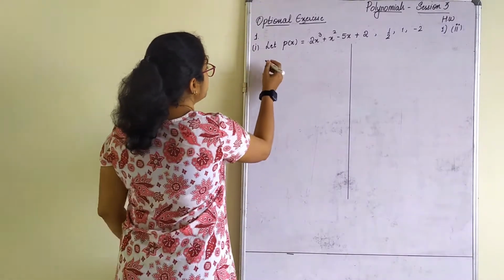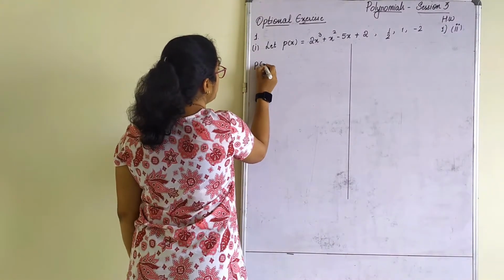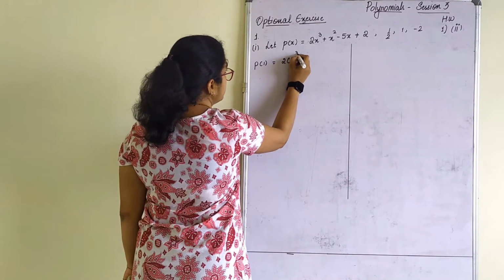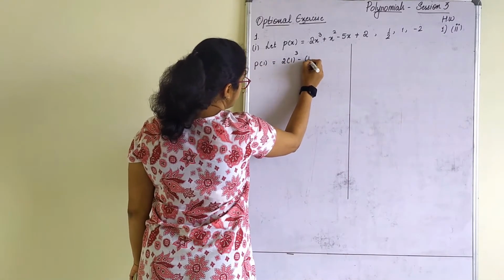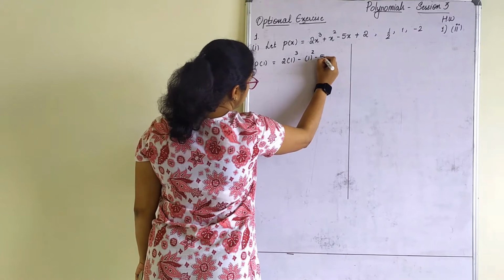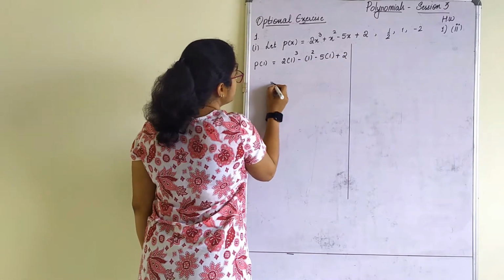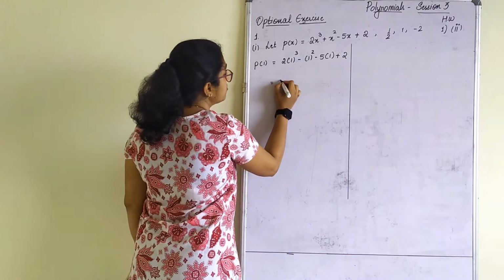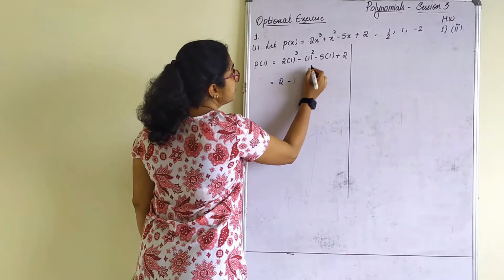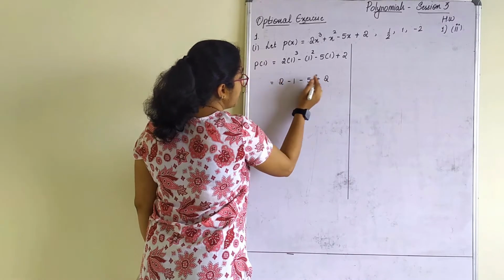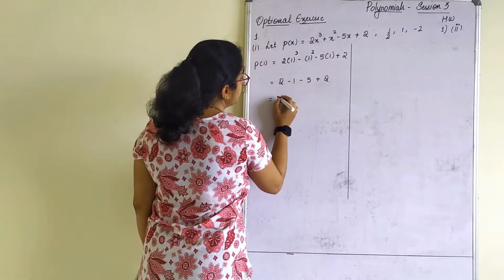So, the next part, I will do that as p of 1 is equal to 2 into 1 cube minus 1 square minus 5 into 1 plus 2. So 2 into 1 cube is 1. So 2 into 1 is 2 minus 1 minus 5 plus 2. 2 plus 2 is,